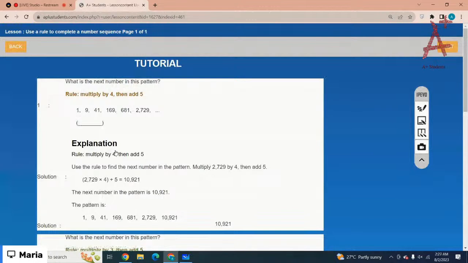You are given what you have to do. Rule: multiply by 4 then add 5. That's what you have to do to find the next number. Got it? You have to multiply the previous number by 4 and then you have to add 5. So it is